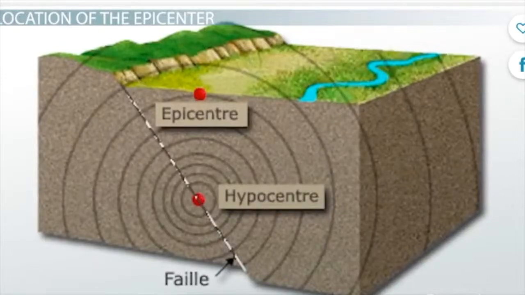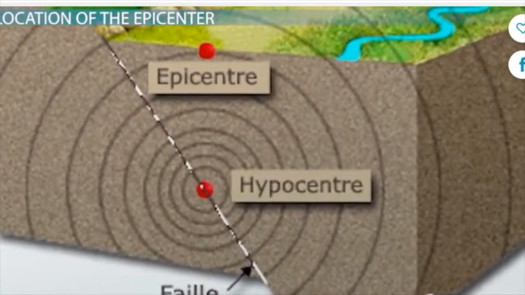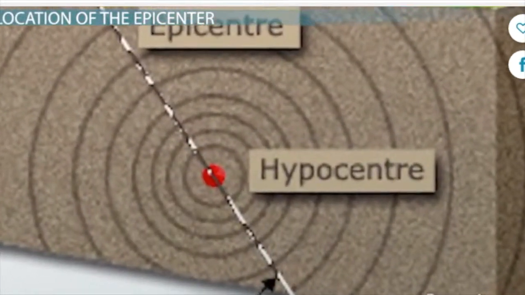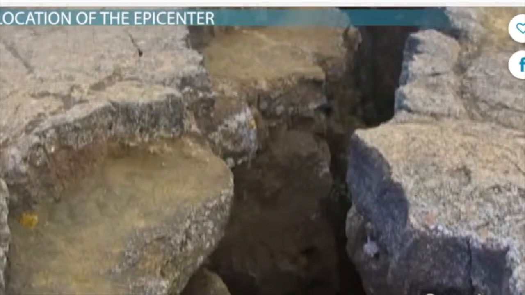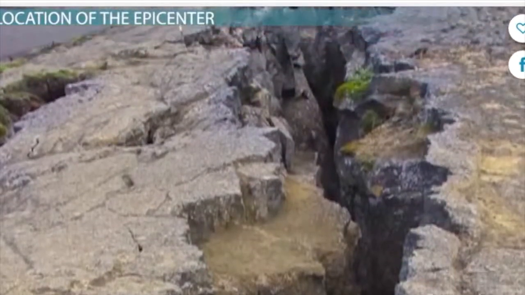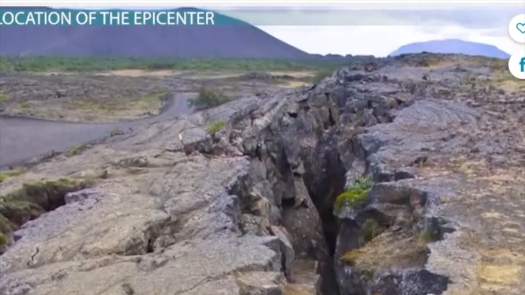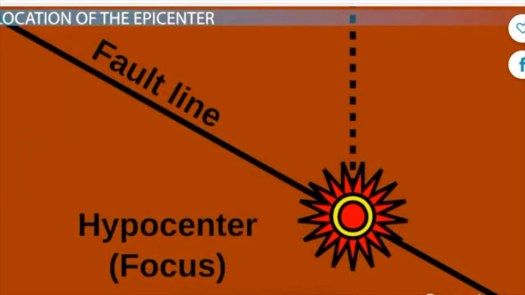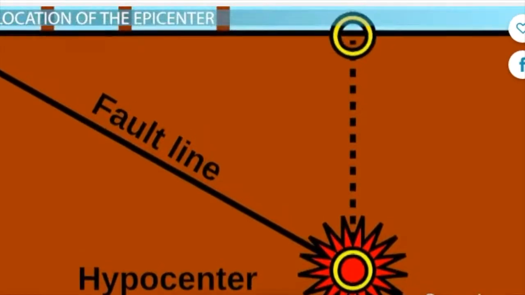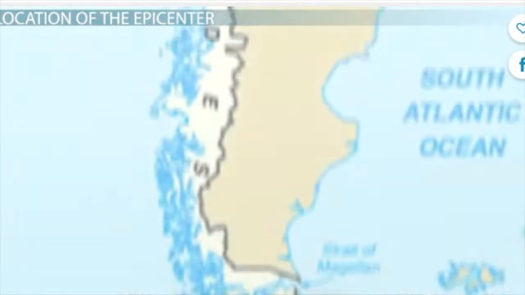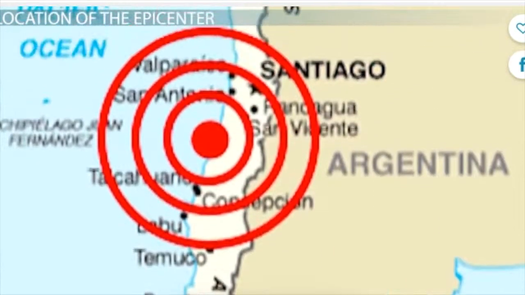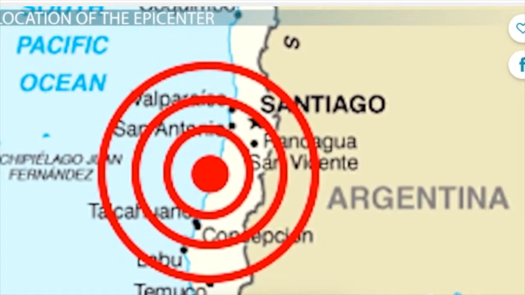This is the point where the earthquake truly begins, deep under the ground and located at a tectonic plate boundary, the border between two of the fragments the Earth's crust is broken into. It is where the plate boundary begins to rupture. The epicenter, on the other hand, is the point on the Earth's surface directly above the hypocenter. This is a more useful measure for human reporting because it can be shown on a map.